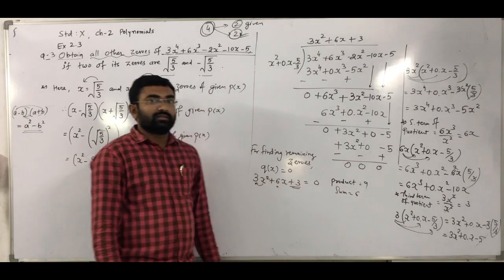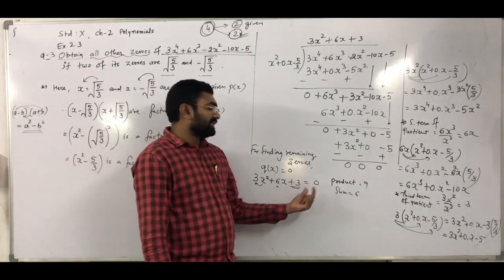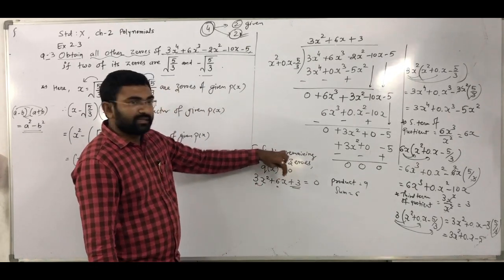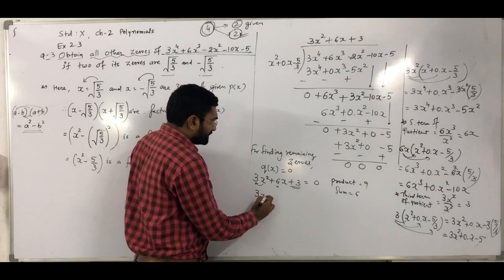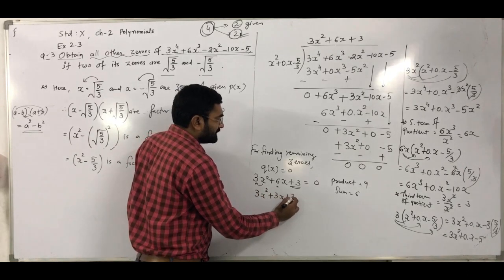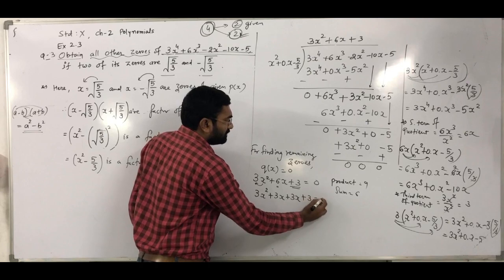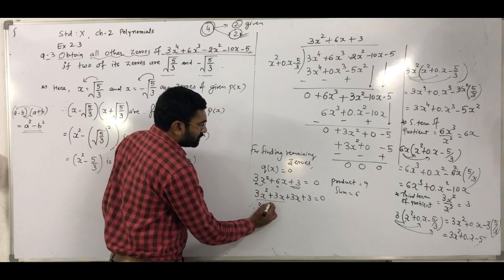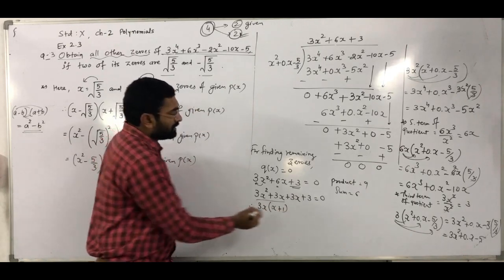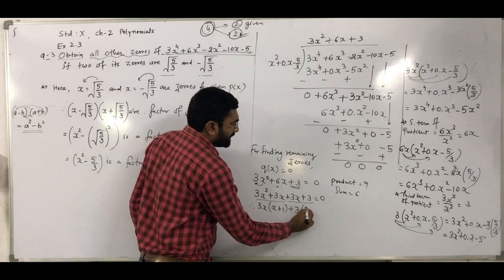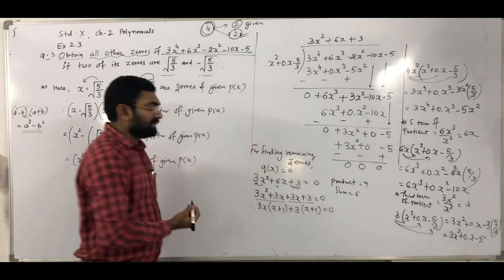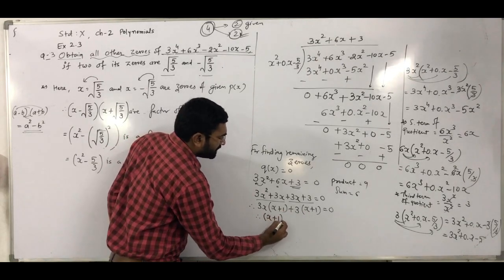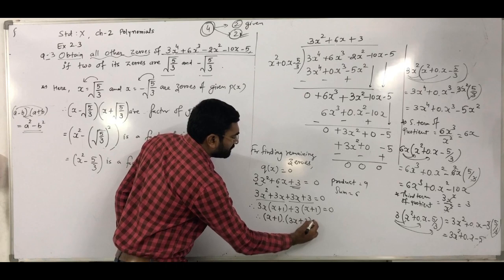Right? So what are the factors of 9? 3 and 3. If we take plus 3x and plus 3x, its multiplication gives 9x square, and its summation gives 6x. So it splits as 3x square plus 3x plus 3x plus 3, and the expression is equal to 0. From the first two terms, 3x we can take as common, so we get x plus 1 as the remaining term. From the last two terms, plus 3 is common, so we get x plus 1 as the remaining term, is equal to 0. From both the terms, x plus 1 we can take as common, so we get x plus 1 into 3x plus 3 is equal to 0.